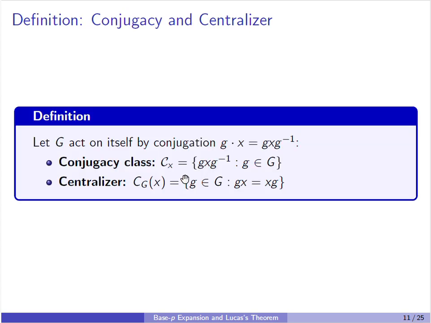Okay, so let's give some examples. This particular group action we mentioned earlier is the group acting on itself by conjugation. The orbit, remember, the orbit